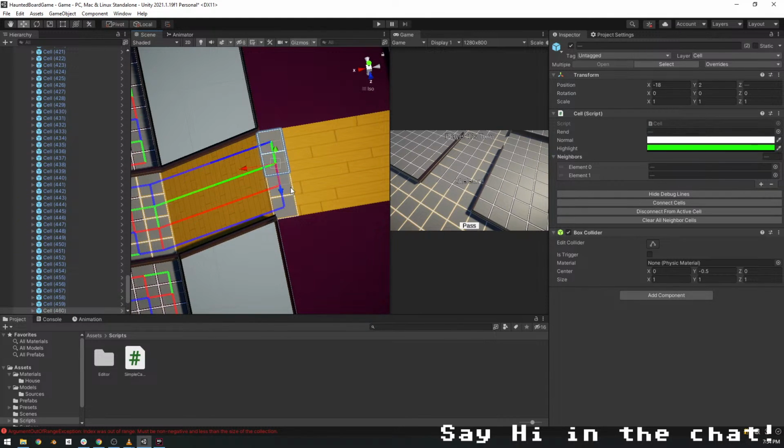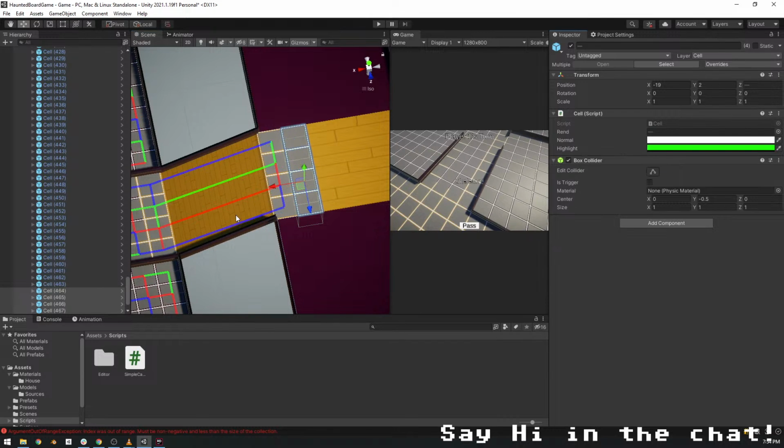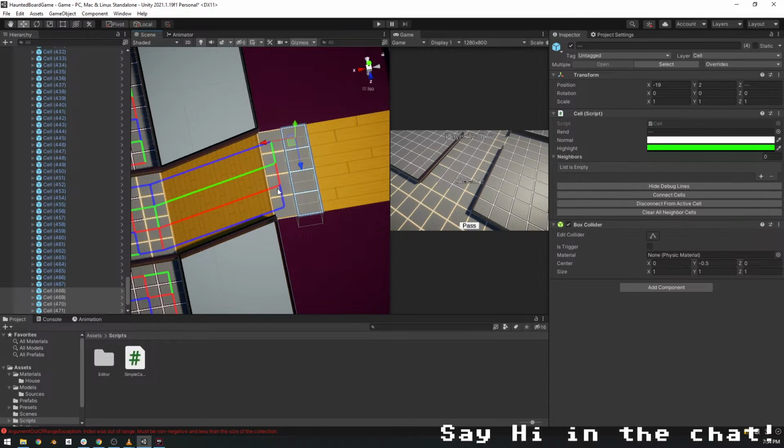Let's do the whole hallway. So I'm gonna shift click these, Control D, slide them over. Let's clear them all. Let's Control D. Oh, I missed Control D. Control D, slide them over. Control D, slide them over. And setting up a room or a hallway is